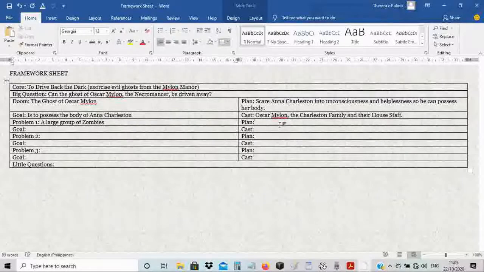Their plan is to kill more people to add to their number. Their goal is simple: to multiply. And the cast here is the townsfolk